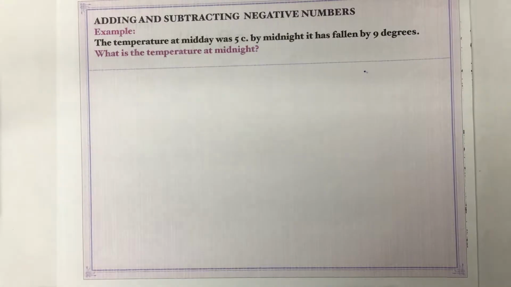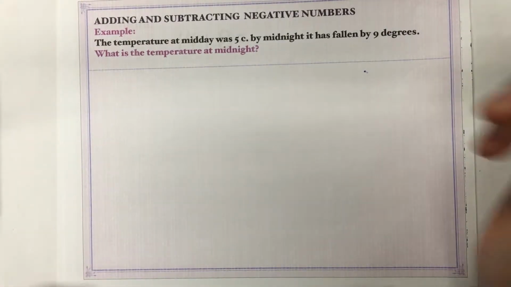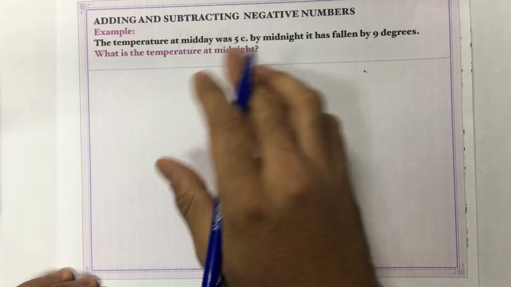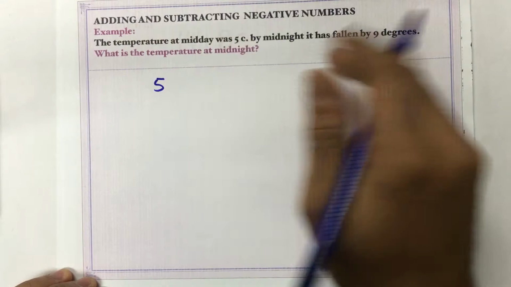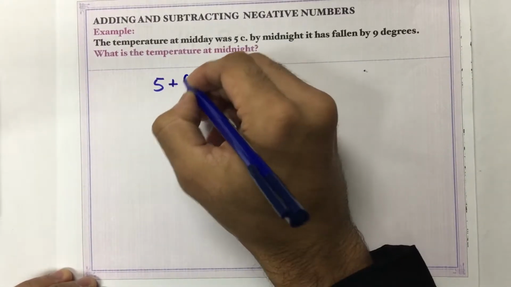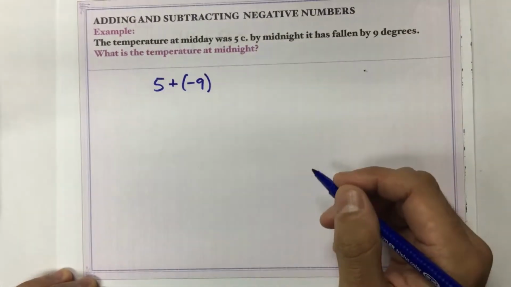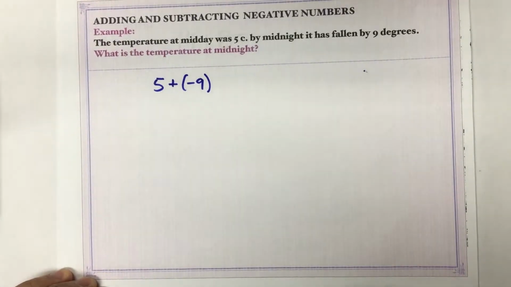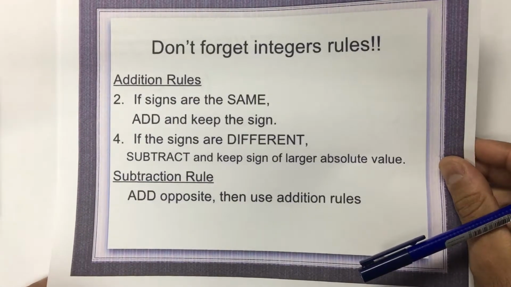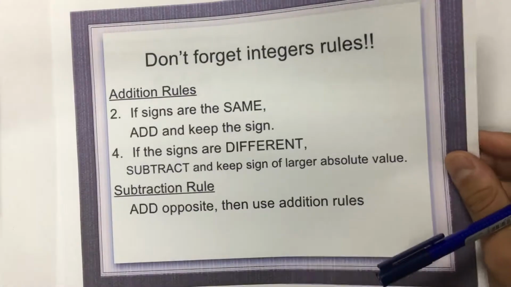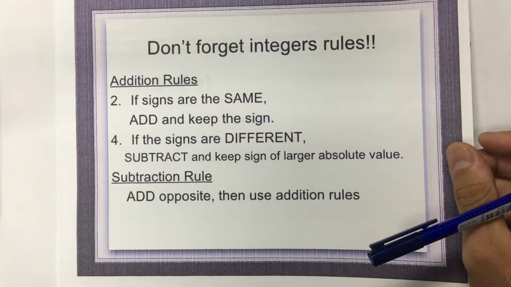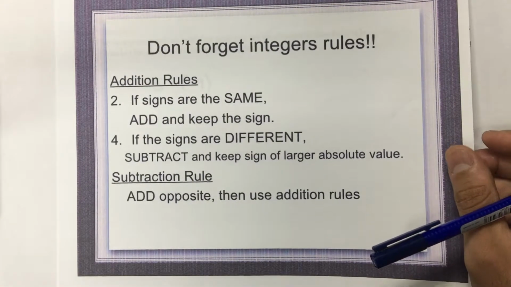We're going to do that now, applying the rules we just described previously. Okay, so if we're gonna be using the rules, it's the same operation, same problem. 5 plus -9. We're adding two numbers, and remember what it said before. When you're adding two numbers and they have different signs, like in this case, we have a +5 and a -9, we have to subtract the two of them the way we normally do it, and we just put the sign of the